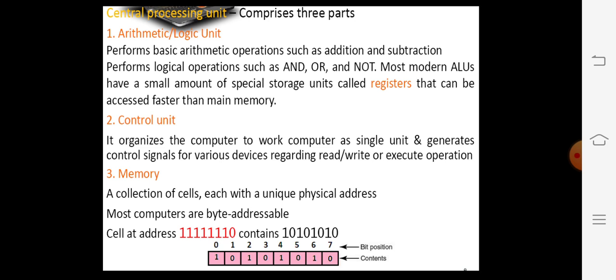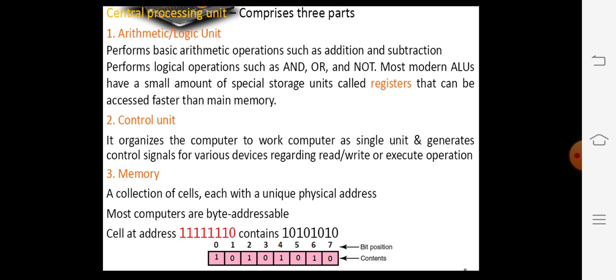Okay, for example, if you want to add two numbers manually, how will you add 3 plus 2, right? So 3 will be in your hand and 2 will be in your mind. After 3, you will count 4, 5. So 2 you are storing in your memory. So that memory is called register.